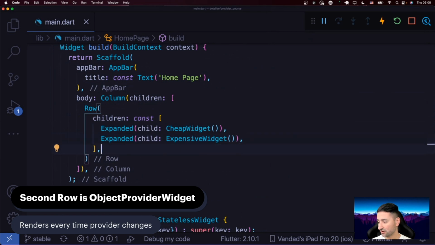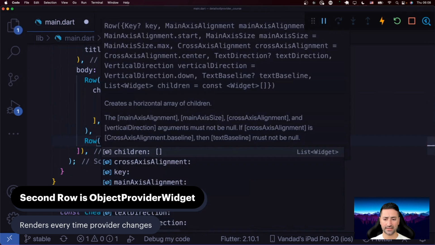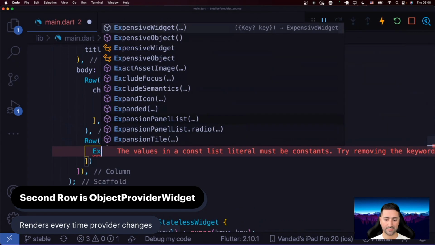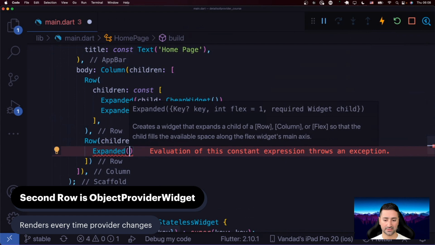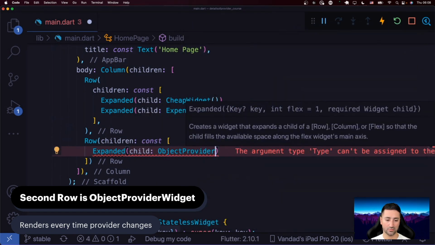So we need to now go ahead and program the rest. In the second row, we're just going to have one expanded widget, and that's going to be our object provider widget. So let's go ahead and add that. Row children like this is going to be a const. Okay. And we're going to just say Expanded, its child is going to be our object provider widget, which